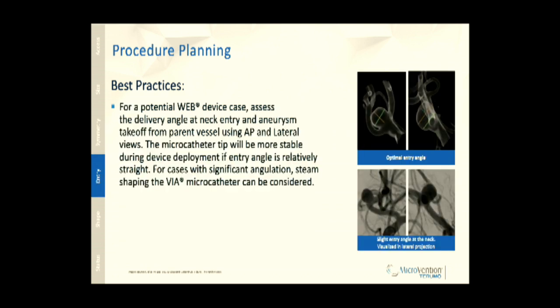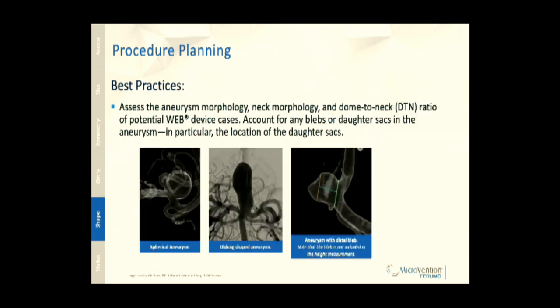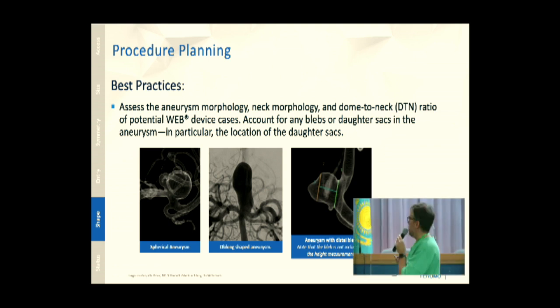The access angle is also important. You can steam shape our via catheters, but you have to consider it beforehand. Also, if you think about how you will deploy the web, the angle of access or the angle of attack is very important. So this is just a couple of aneurysms to treat with the web,